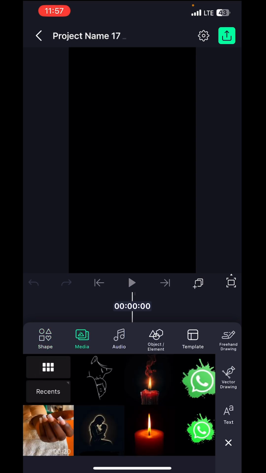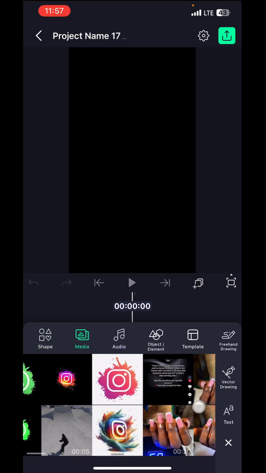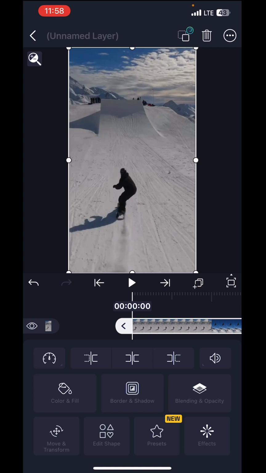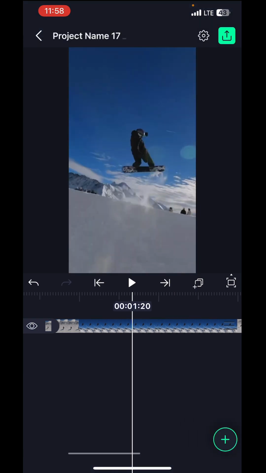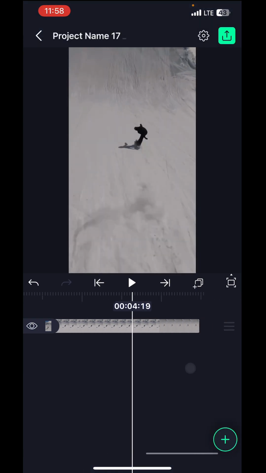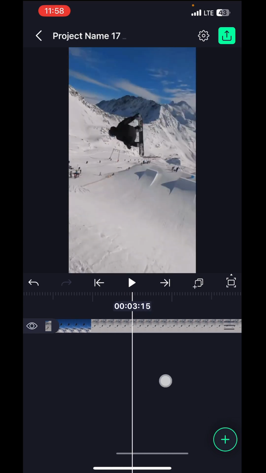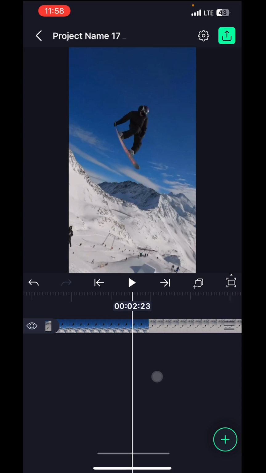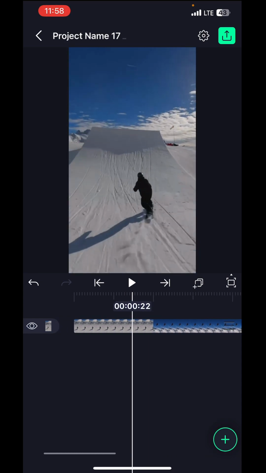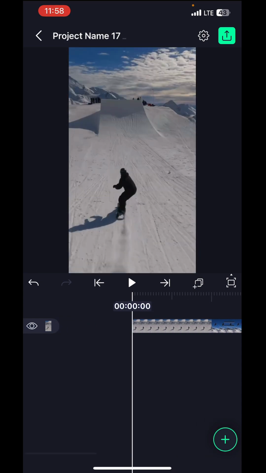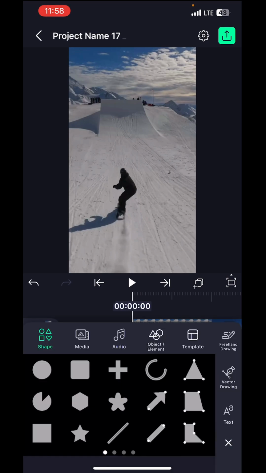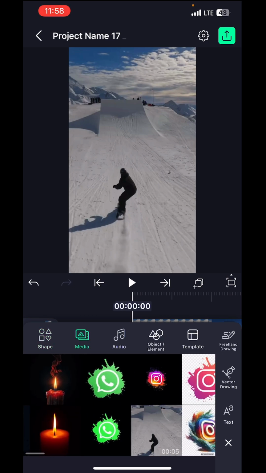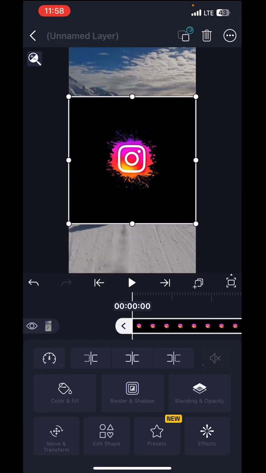Now that we've created this, I'm going to click on this green plus sign here. I'm going to click on media and I'll bring in my video file right here. Okay, this is my video file. My video file is 5 seconds long, right? Okay, now I want to create a crop. I want to crop this video. So I'm going to click on this media here,